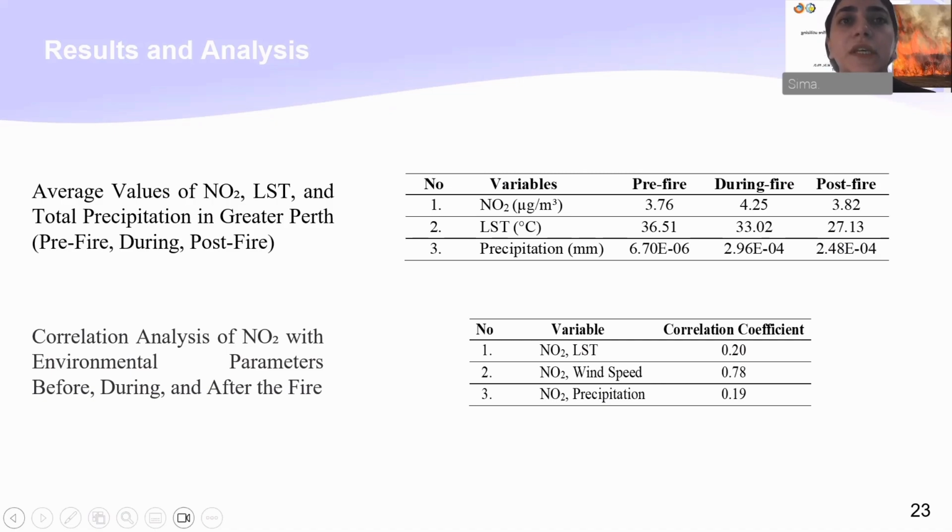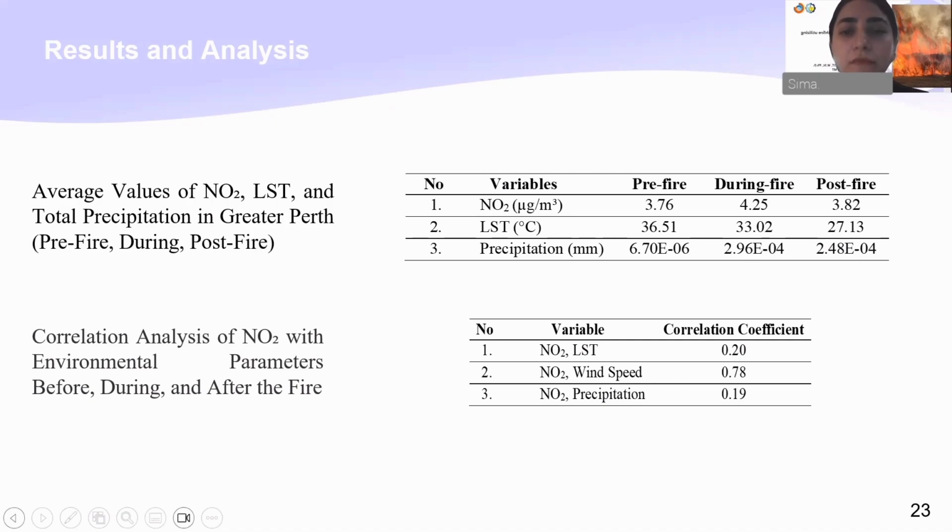Elevated temperatures can enhance the formation of nitrogen dioxide through increased combustion rates and photochemical reactions. Thus, higher LST might lead to more frequent or intense fires, which in turn increases nitrogen dioxide emissions. Although the correlation is not very strong, it highlights the role of temperature in influencing nitrogen dioxide levels indirectly through